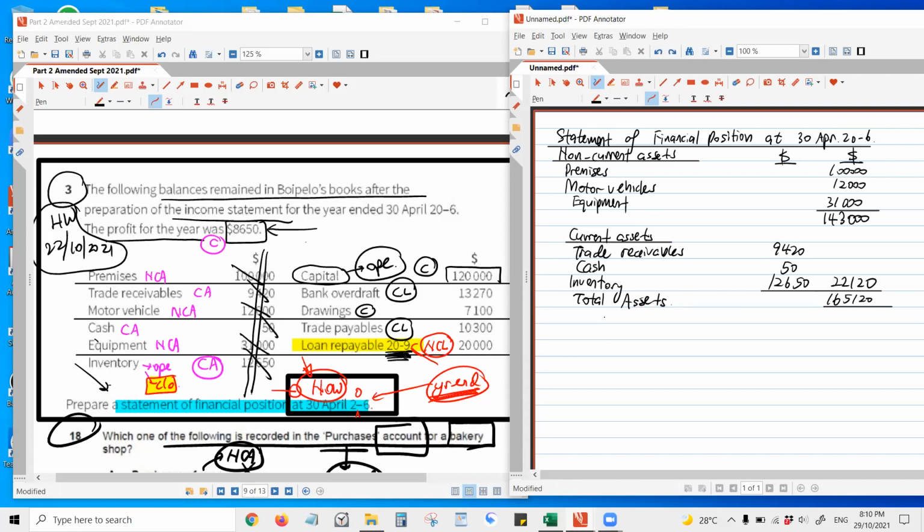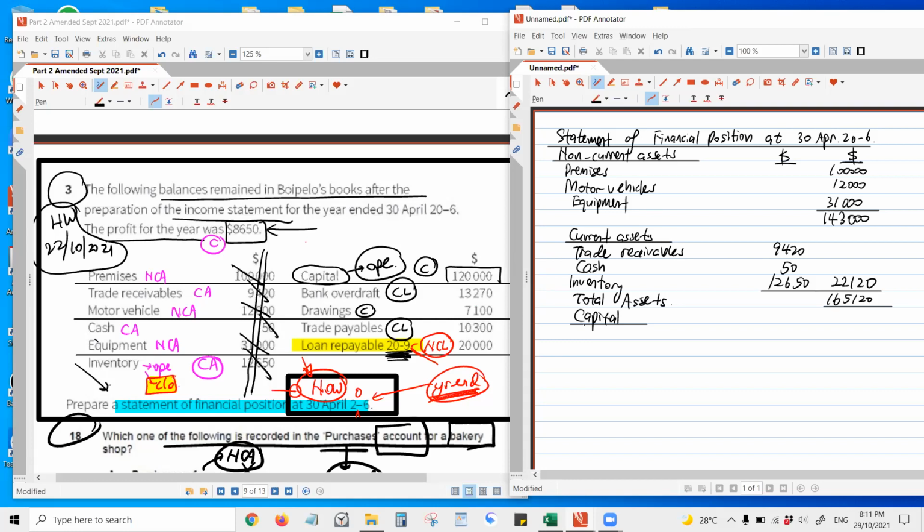And better not to leave any blank row, because who knows, you may not have enough space when you are near the end. Sometimes the examiner gives you a lot of extra space which you don't need to use. Sometimes they give you a limited amount of space, making you write the answers within a restricted area. So better to save some area here. Don't leave any blank row. Then you write capital, subheading,